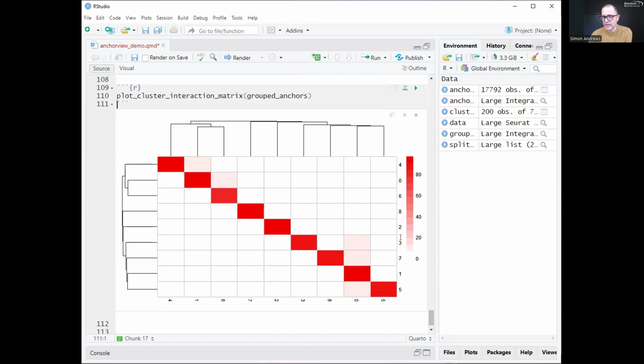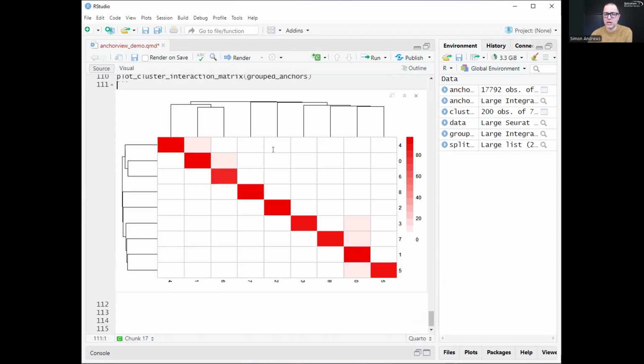Now, this is just collecting clusters that we've defined in here, but actually on this data set, one of our samples has got cell types annotated into it. So we don't have to plot between Seurat clusters each time. If we have cell type annotations, we can use this. And this is a really nice way of being able to transfer cell type annotations over to a new data set that you haven't yet labeled. So if I run this same code again,